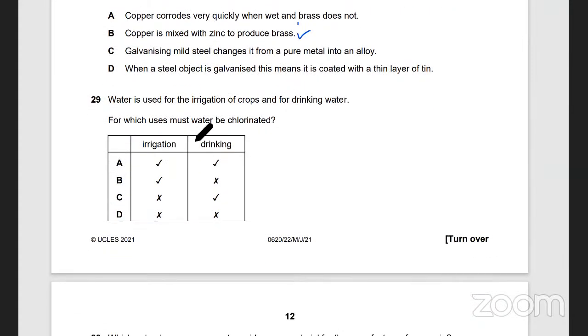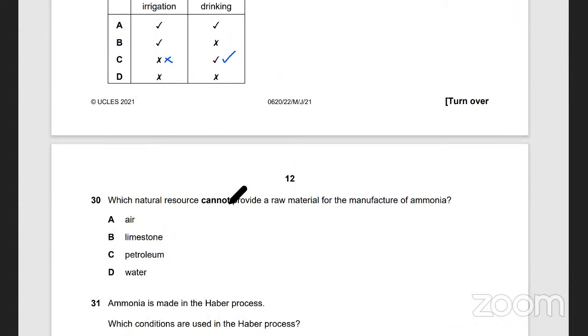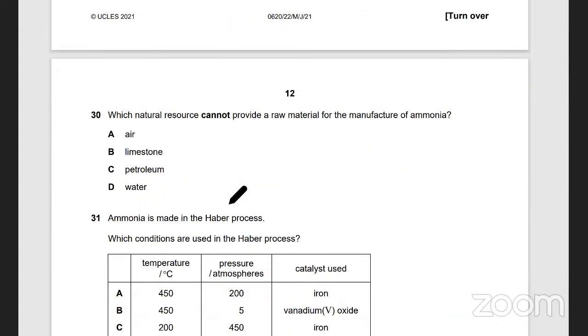अच्छा, what is used for irrigation of crops and for drinking water for which uses क्लोरीन क्यों डालते हैं वाटर के अंदर? Remove impurities. Specifically which thing? बैक्टीरिया। Chlorine for drinking water is to remove bacteria. इरिगेशन में आपको क्लोरीनेशन करने की जरूरत नहीं, because you don't, मतलब वो तो आपके लिए होता है, you want to kill bacteria, ठीक है।